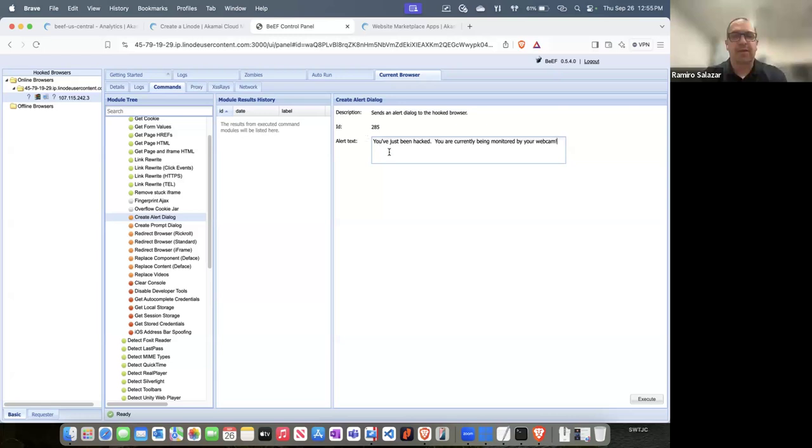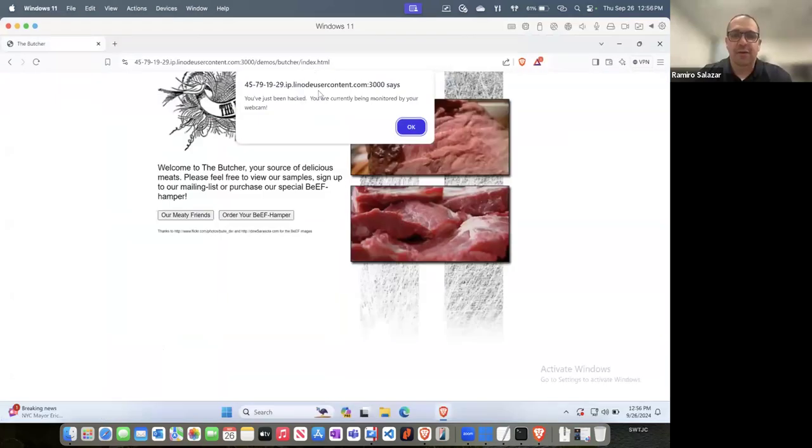Now, this is not actually true. Even though essentially they've been hacked, it's not like I'm controlling their webcam. What I'm doing is I'm just displaying a message to the user's browser. So I'm going to click on execute. And if I go back to the victim's browser, they have a